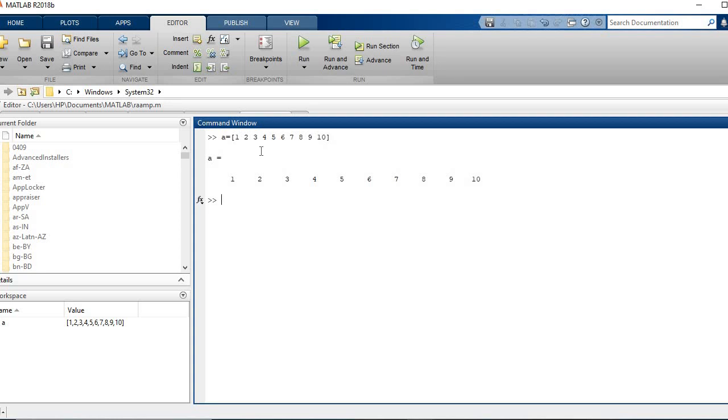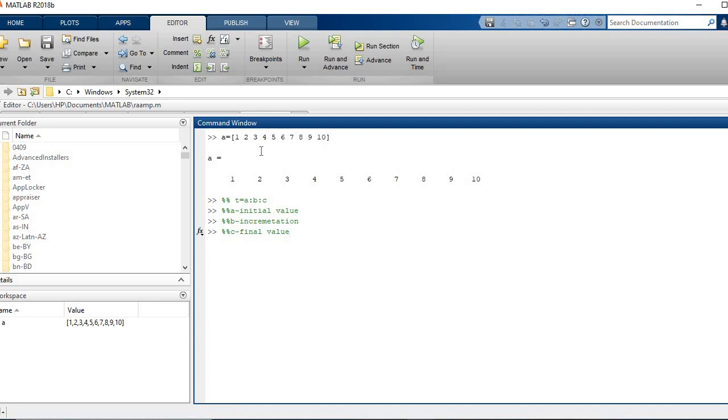So now we would be using some comments to understand how things are done. Let us define array T. I will write in comment. First we will understand, then we perform the actual command. T is equal to A colon B colon C. Here A represents the initial value, B corresponds to the incrementation, and C corresponds to the final value.